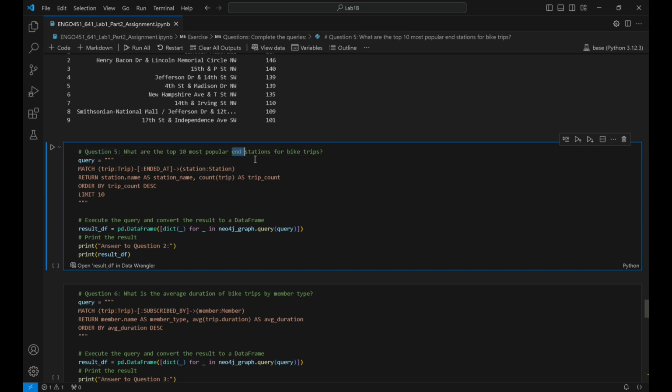In question 5, we are asked to find the top 10 most popular end stations for bike trips. This is similar to question 4, but instead of start stations, we focus on end stations. The query starts with MATCH (trip)-[:ENDED_AT]->(station). This line matches all trip nodes that are connected to a station node through the ended at relationship, indicating where each trip ended. Next, we use RETURN station.name AS station_name, COUNT(trip) AS trip_count to return the